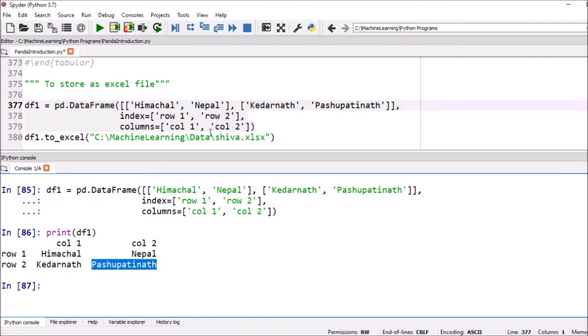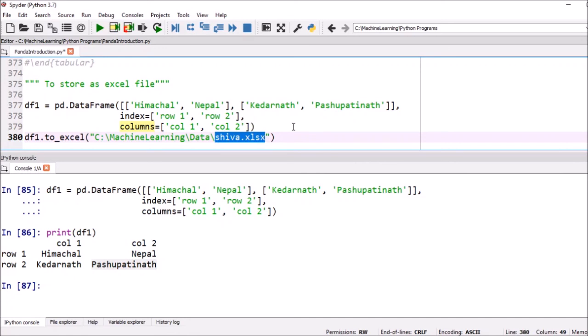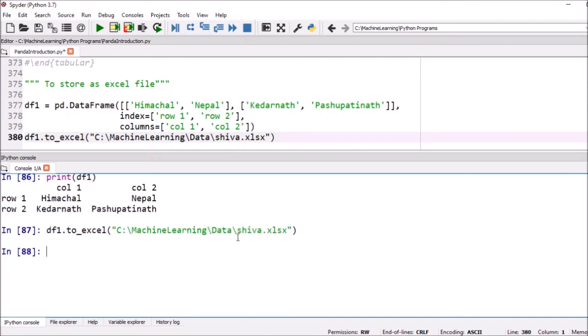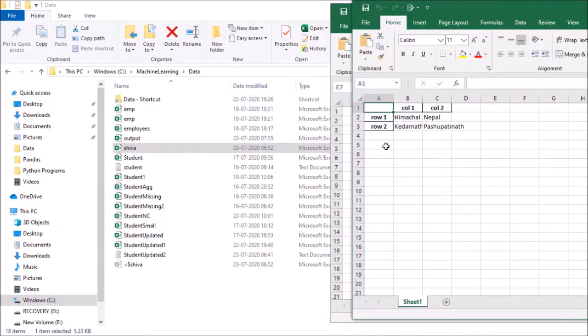Suppose we want to store it into Excel on the hard disk, in memory, and the name of this particular file, say it is siva.xlx. Okay, and here it is the path where we have to store it. Now you can execute it. Okay, so successfully we have stored. So we can see here the siva.xlx file was there. Now you can see here column 1, column 2, row 1, row 2, Himachal, Nepal, Kedarnath and Pashupatinath. So in this way you can store the data in Excel format in memory.